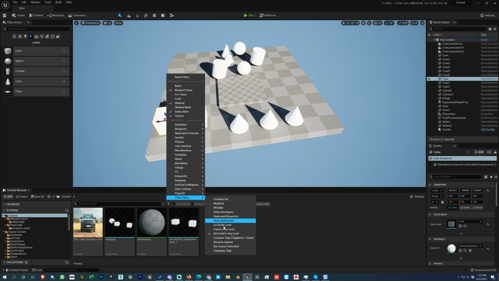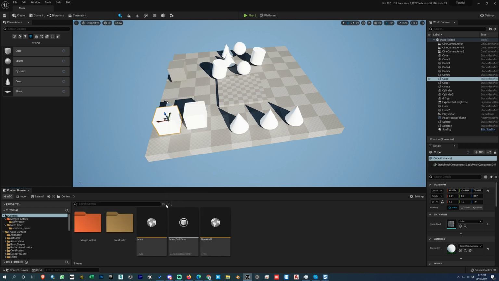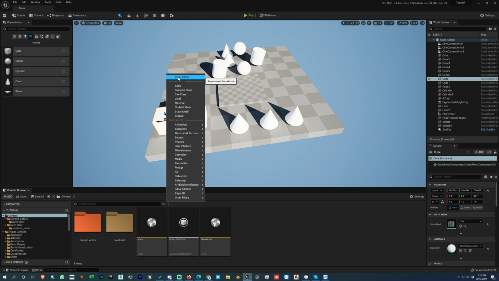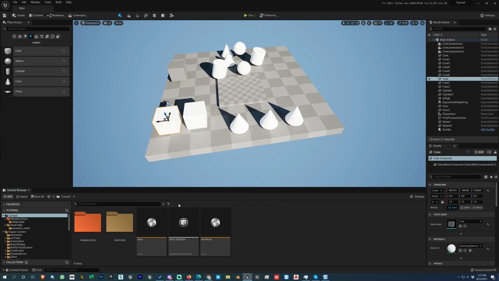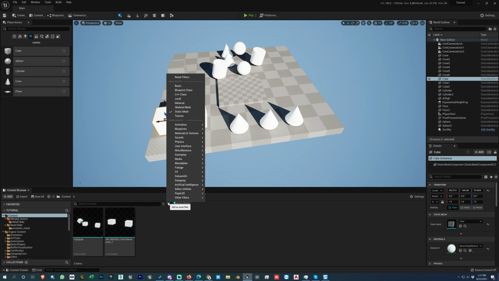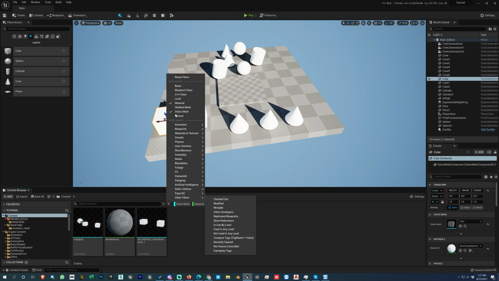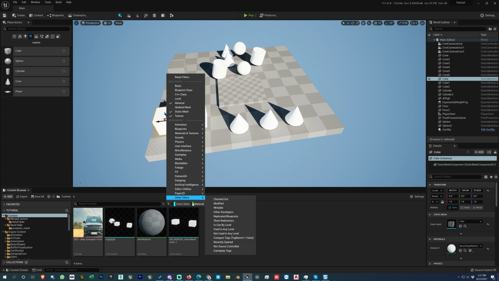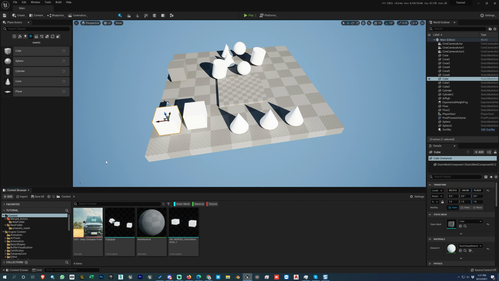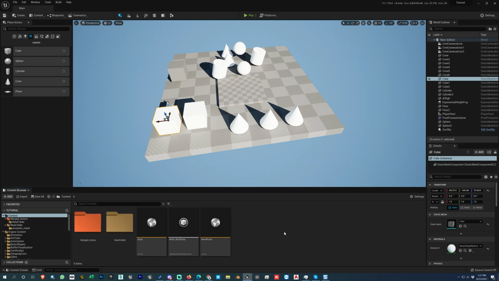After that you can use this, and these are the main ones, like material, static mesh and textures. You can also click on reset filters, and this way all the filters available here will be removed, and you can freshly start or make filters here if needed. So these are very helpful. This is a very helpful tool in the content browser where you can filter things according to their properties. So again, I will go here and click reset filters. And now here